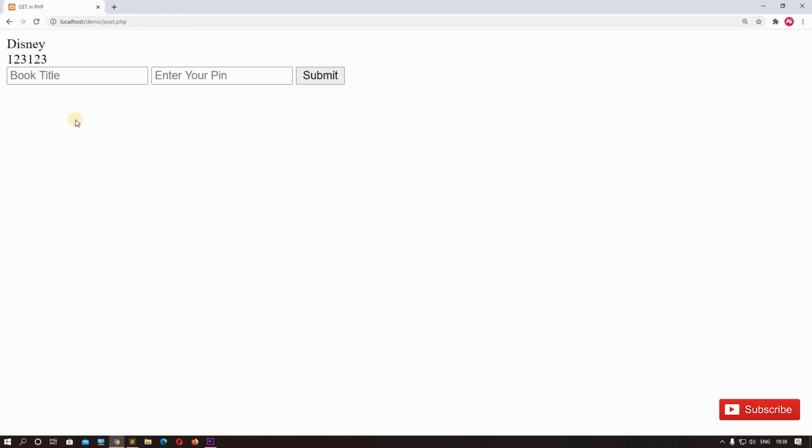So this is the difference between the GET method and the POST method. If we use the GET method, then we send the data through the URL, and if we use the POST method, we don't send the data through the URL but through the HTTP body itself. And the second difference is that if we are using the GET method, then we can only pass 255 characters through the URL. The data we send through the URL is limited, and it's limited to 255 characters only. But if we use the POST method, then we can send any amount of data. Okay, it is not limited to anything.